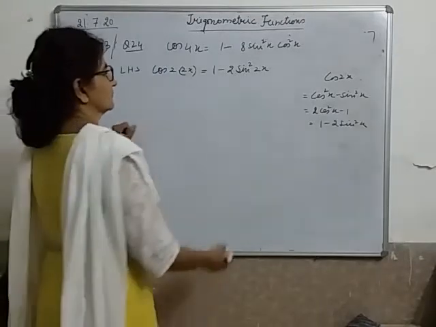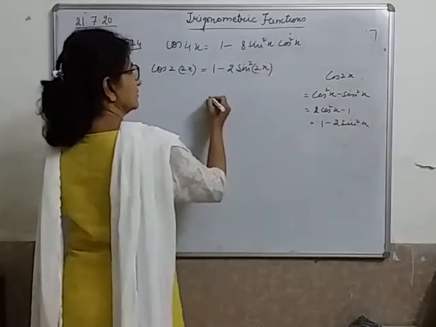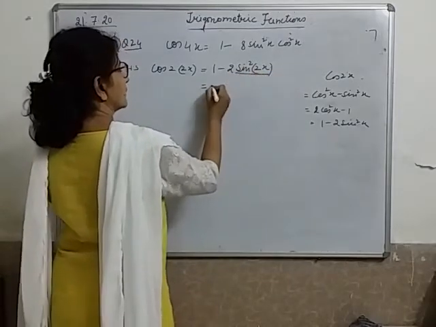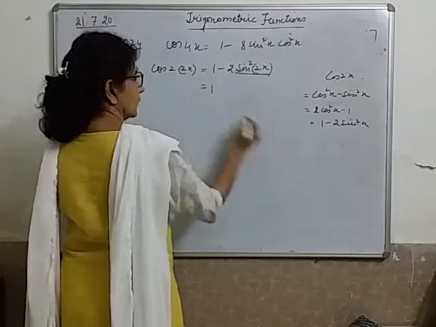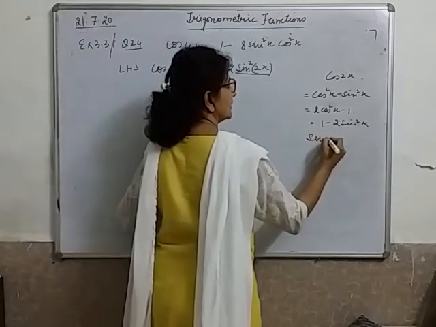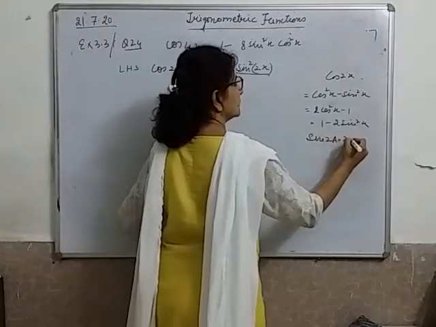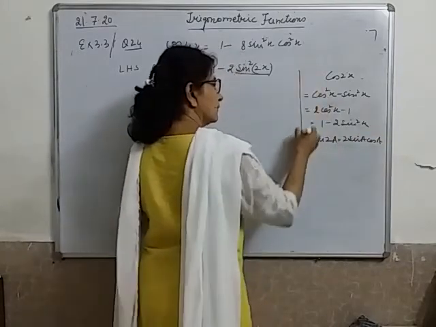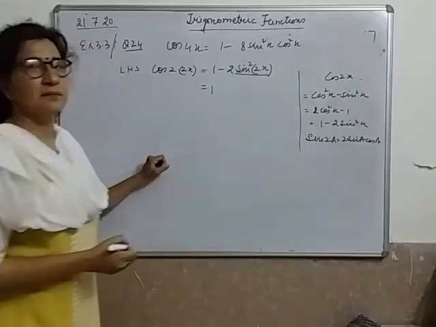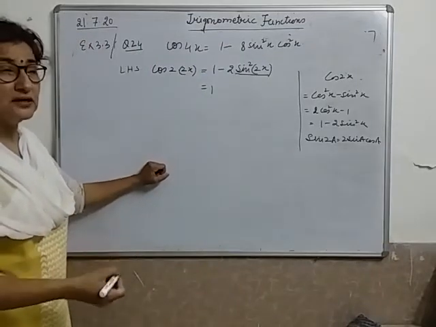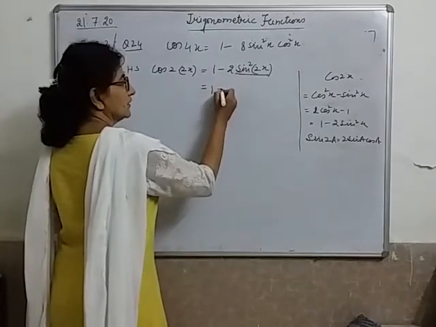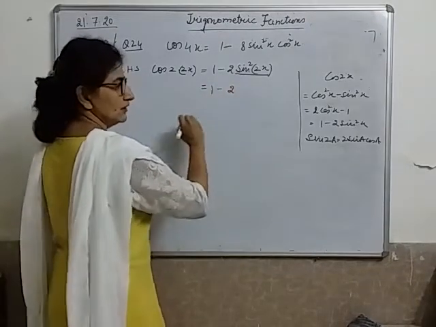Theta here is 2x, but it is still in 2x. So I can still apply an identity one more time. Please see what I am going to do now. I am going to apply this identity: sin 2a is equal to 2 sin a cos a. Every time I am writing all the identities which are being used so that it helps you to learn. Please see it and learn. Don't copy.